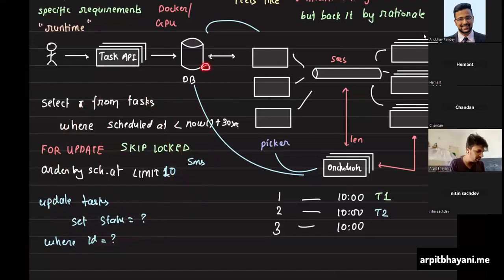So it would read these entries from the table, put them into an SQS queue or Kafka, whichever you are using, and update the entries in this database to say that these tasks are now picked. Now, the first thing that you need to measure is how long it takes for you to pick that task. You cannot just rely on assuming it will be picked. How are you so sure it will be picked? You need to measure the time.